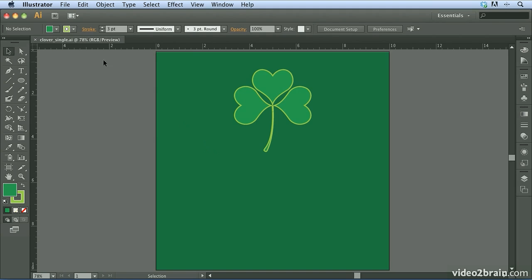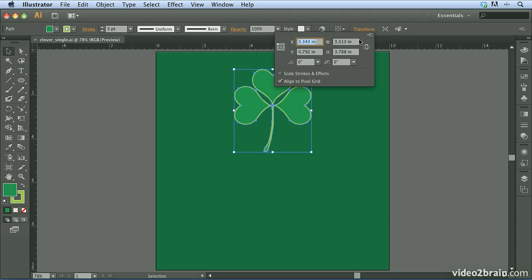Now I'm beginning this video with the clover_single file already open on my machine, and the Transform panel can be accessed in two main locations. So to see this, I'm going to select this object using my selection tool. And you'll notice that up here in my control panel, we have the Transform link that shows up. And if you click on that, that's going to display the Transform panel that you can utilize to modify your